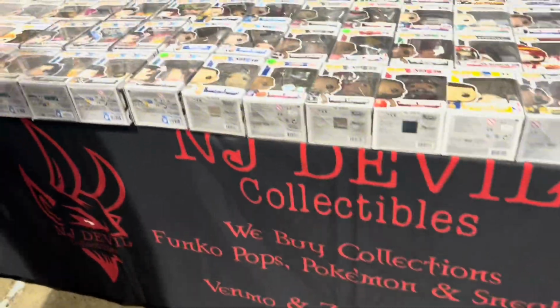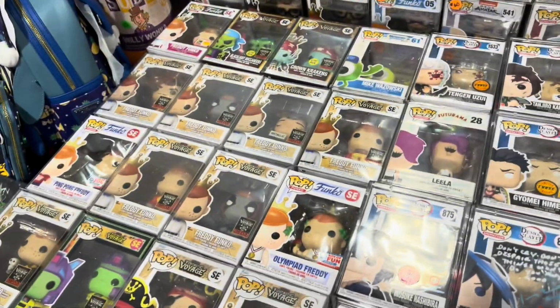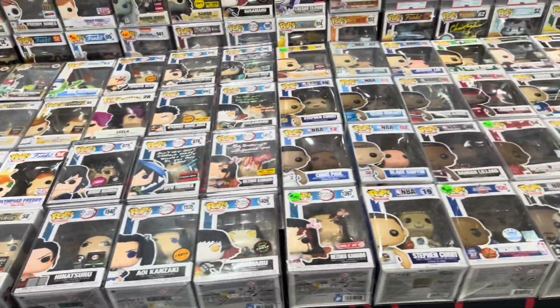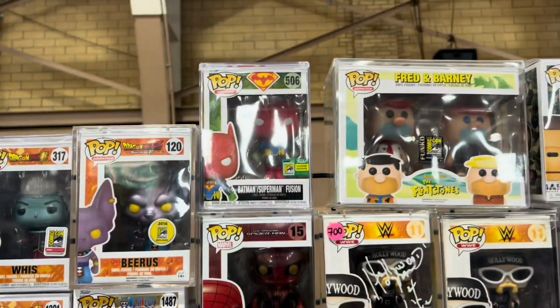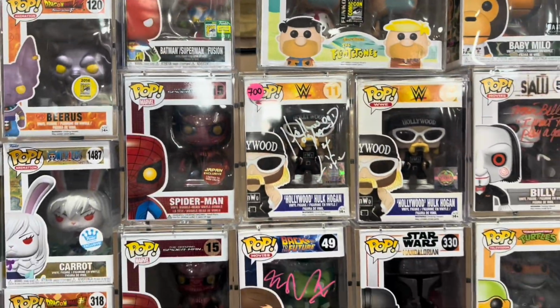In the next booth, our good friend NJ Devil Collectibles, and if you've seen the other videos, he always brings out some crazy pieces at these shows, and you do not want to miss what he has at the end of this booth. But let's check out his wall here, starting with this 2-pack Barney and Fred from San Diego Comic-Con, an autographed